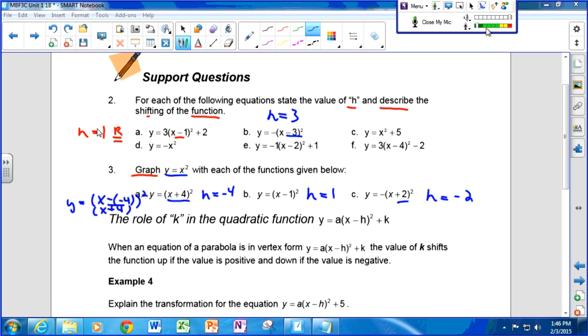Okay, so the A was pretty easy going, right? The K is going to be pretty easy going, but that H is a little tricky. But anyway, having been able to figure those out, then you're able to quite easily graph these things. So let's take a look. I'm going to make a blank page. You can still look at your handout.